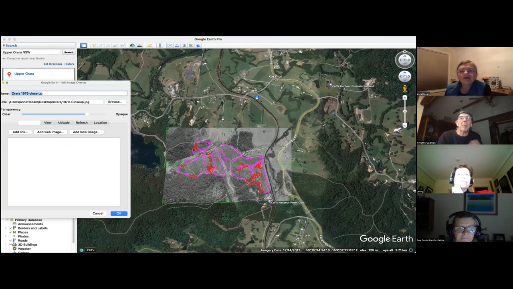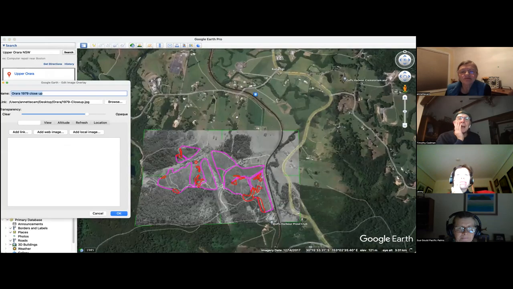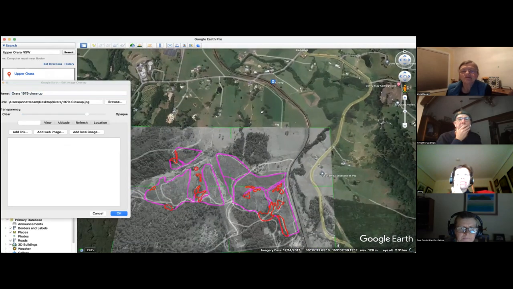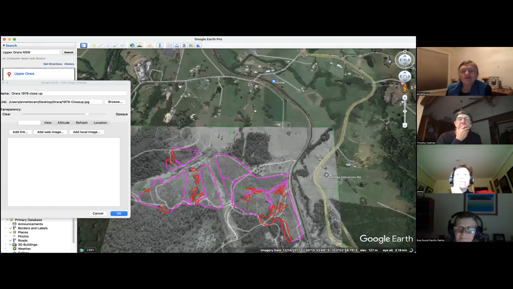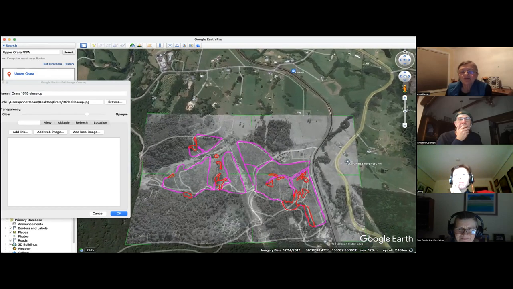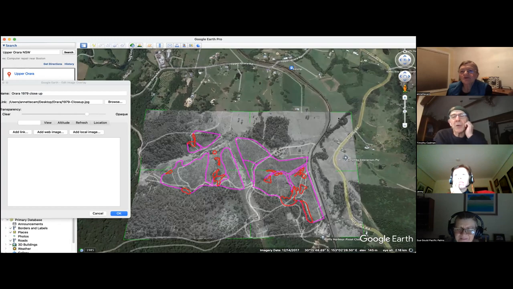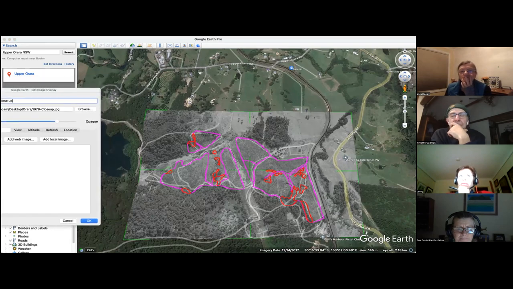And then I might want to zoom in a bit more. I've got this terrible mouse. I'm going to get rid of it because it zooms when I don't want it to zoom. Good. So now if you move the dialog box just a little bit so it's a bit more out of the way, which you can. And now let's